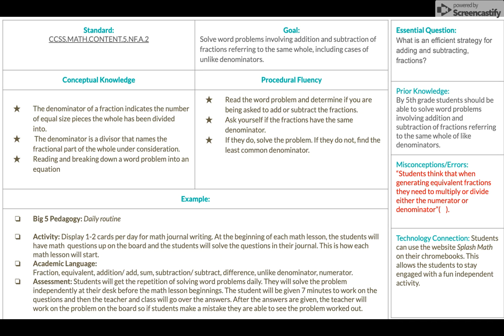The conceptual knowledge that we're going to focus on is that denominators decide the size and the amount of the pieces that you're getting. You have to be very aware of that. And also the whole number that divides